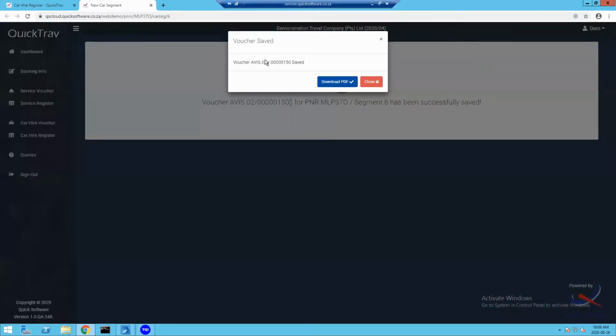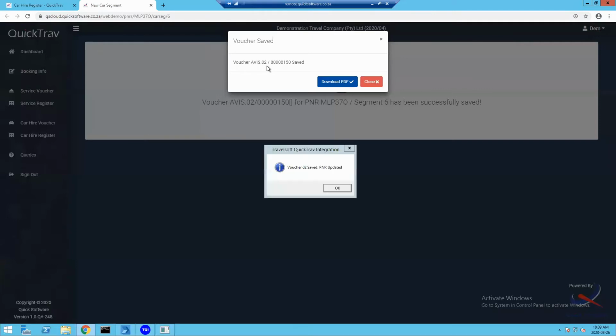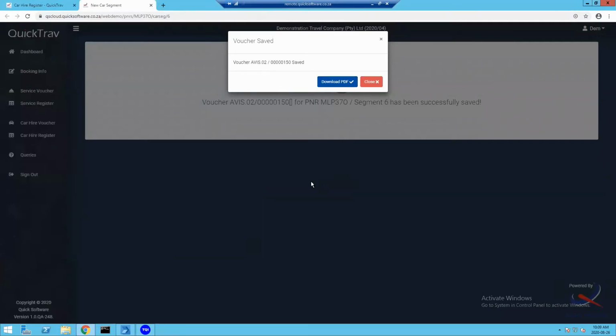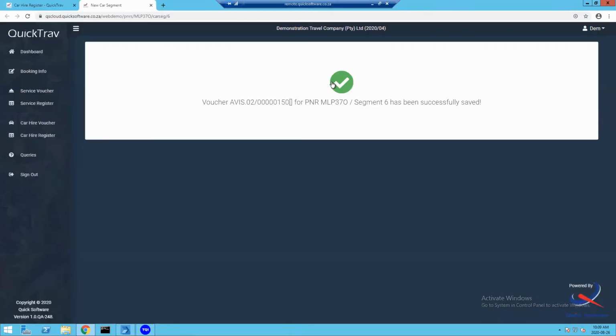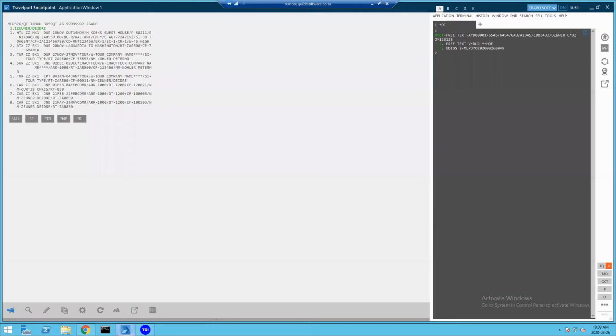Once you've saved, the system will now give you a voucher number and it'll update the PNR, and of course it'll allow you to download those vouchers. So it's exactly the same as the accommodation voucher. It'll download it and it'll print it for you. All right, so I'm going to leave this screen open, but I'm going to jump back into my Galileo and